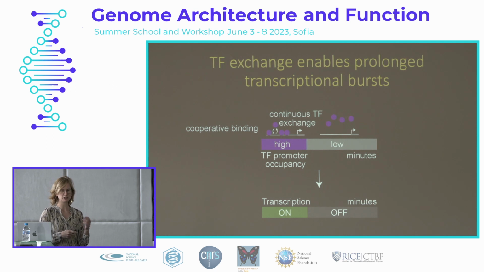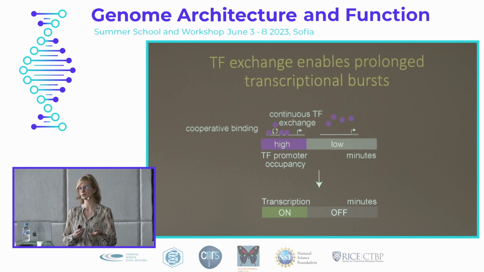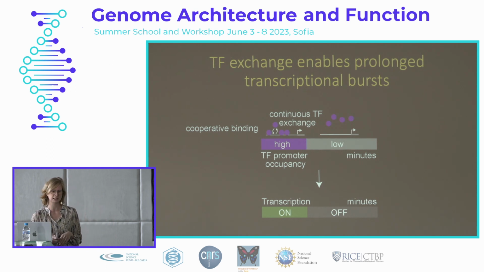And this switching between high and low promoter occupancy also suggests that there's some form of cooperative binding, where binding of a transcription factor is more frequent when one molecule is already bound, so that you actually switch between two states instead of creating a continuum of binding states. And we know that GAL4 actually binds DNA cooperatively, so that really nicely fit our data.